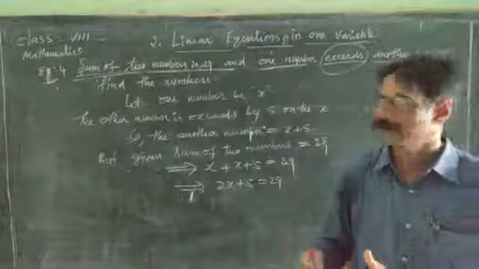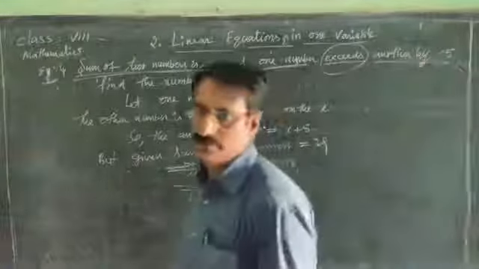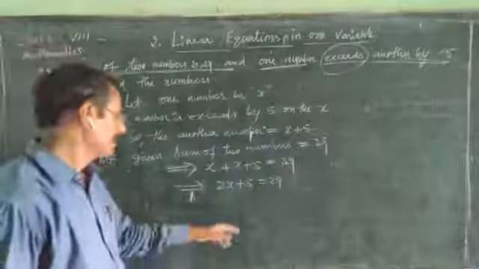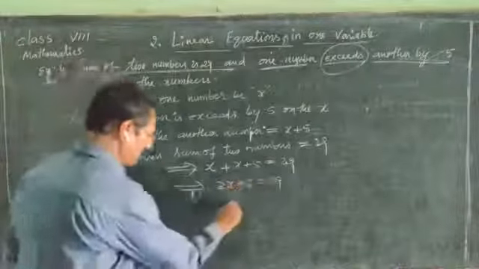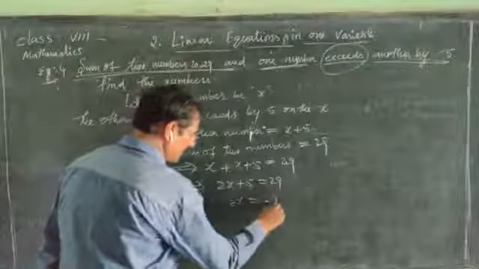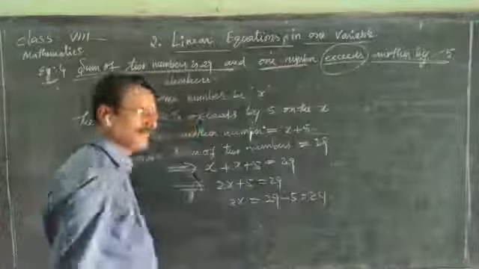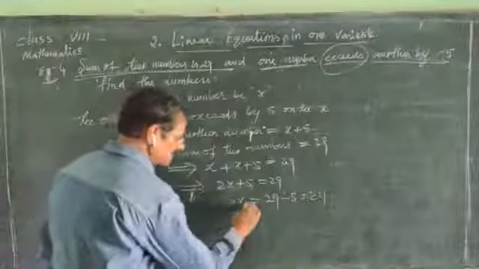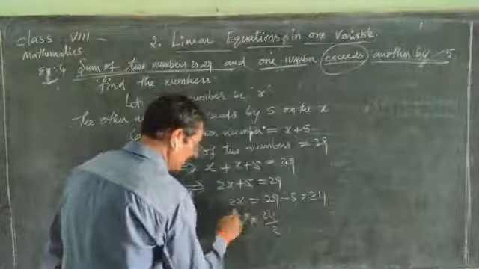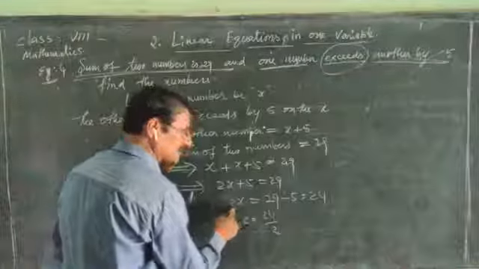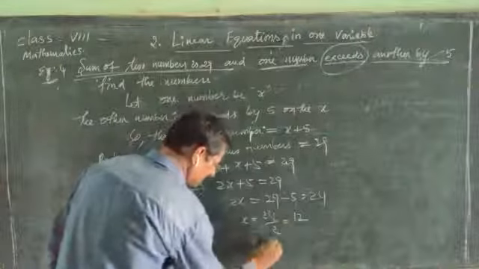The variable is only on one side, the left side. Now we are going to solve this equation. See, first send this 5 to that side. This plus 5 becomes minus 5. Remaining 2x on the left side. 29 already there on the right side minus 5, equal 24. Then 2x equal to 24. Then x equal to 24 by 2. It is multiplication, 2 into x. 2x becomes division. 2 twelves are 24. x equal to 12.